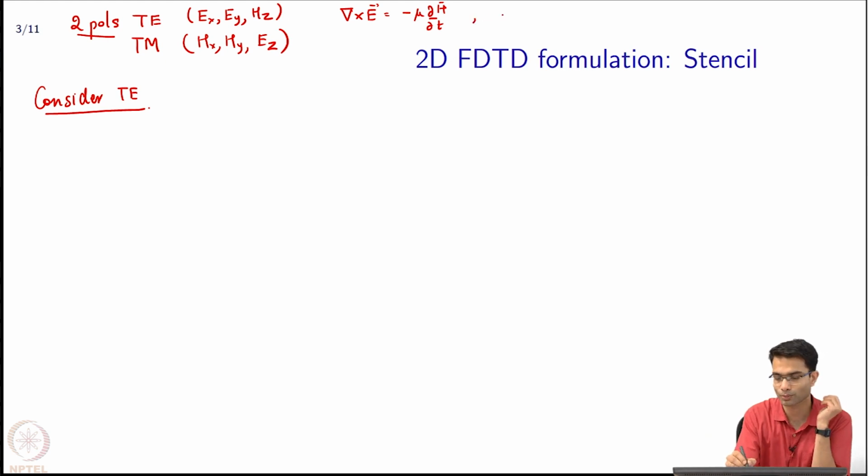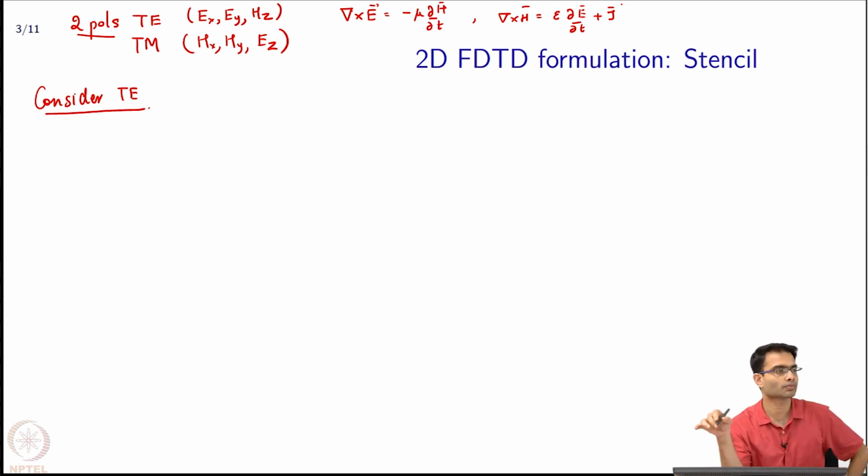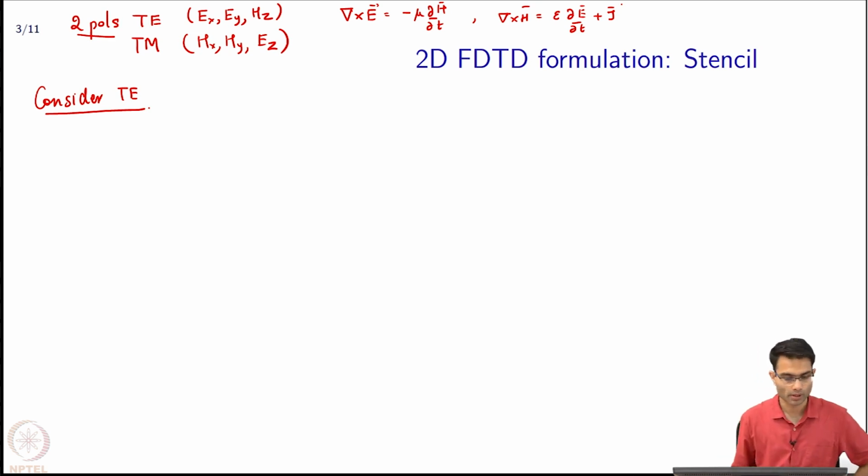Okay. The whole point of FDTD. Curl of H is equal to epsilon dE by dt, okay, plus J. To keep matters simple for now, we'll assume that there is no current, but we'll add it in later in the module. Okay. Now, in TE polarization,